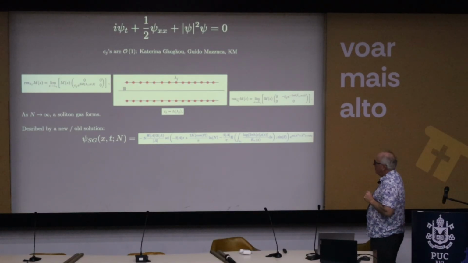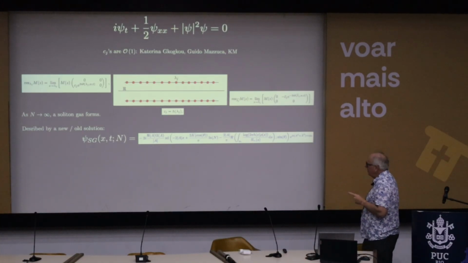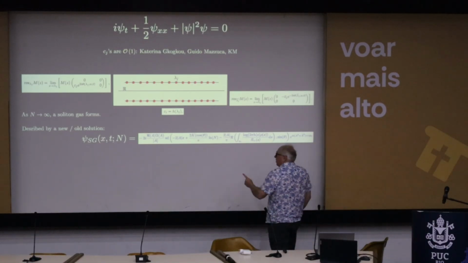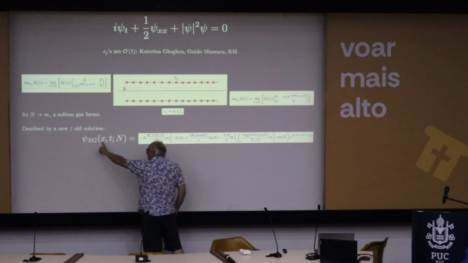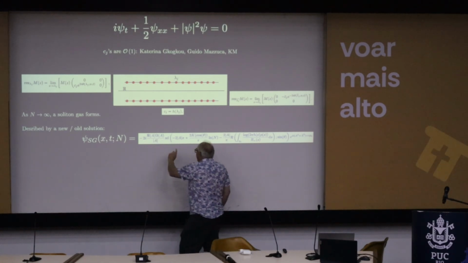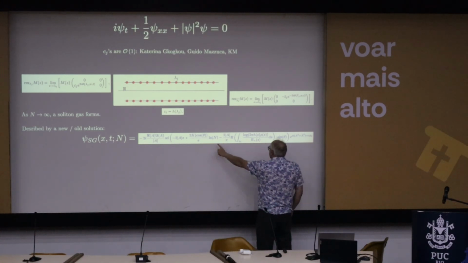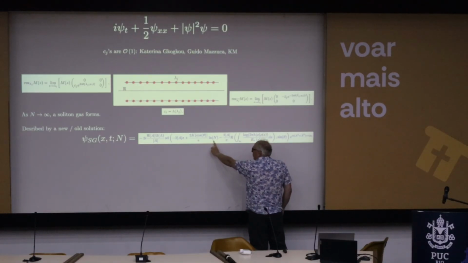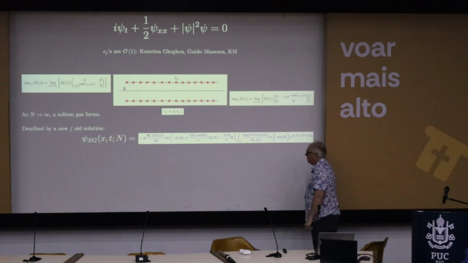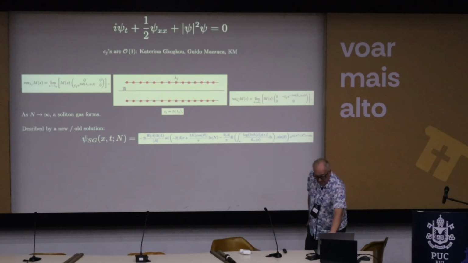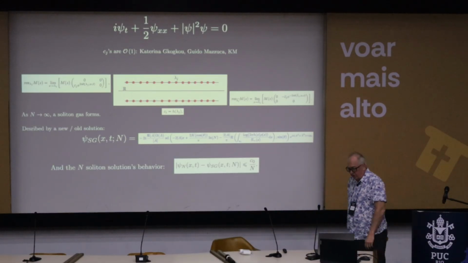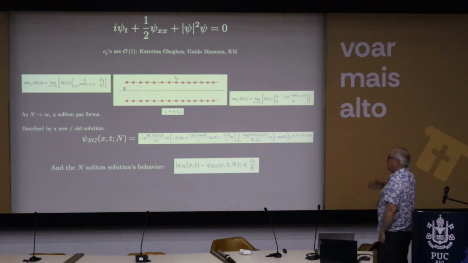So there is a kind of a typical solution, which is called the soliton gas solution, which still has n dependence in it. So this is sort of after a large n analysis, you have a solution which depends on x, t, and n. And where is the n dependence? It's just right here, this logarithmic constant term. That's really the only place where the n dependence appears, but it's still a function of x and t and n. And then the finite n soliton solution is very close to this object.